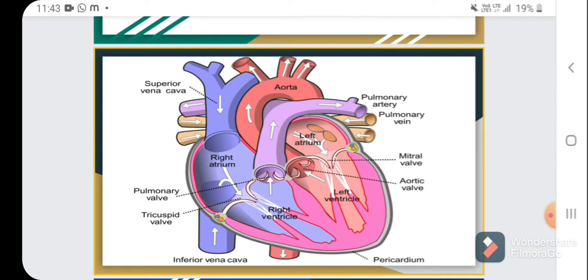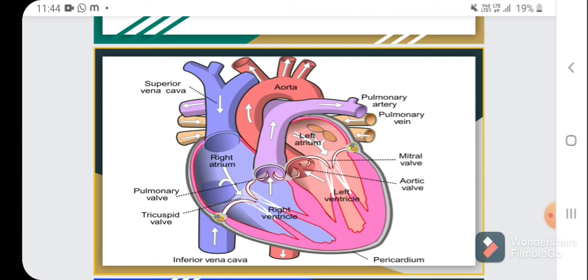Once blood is pumped out of the left ventricle and into the aorta, the aortic semilunar valve closes. This valve, present between the aorta and the left ventricle, prevents the blood from flowing backward into the left ventricle. This pattern of pumping is also referred to as double circulation. I would like to draw your attention again to two valves that concern us in endocardiosis. Endocardiosis mainly happens in the mitral valve, which is present between the left atrium and left ventricle, and in the tricuspid valve.